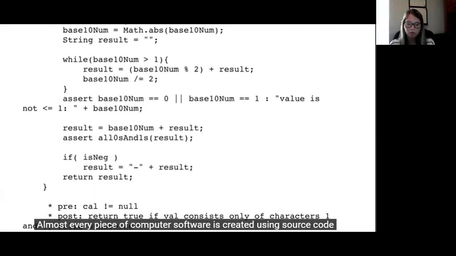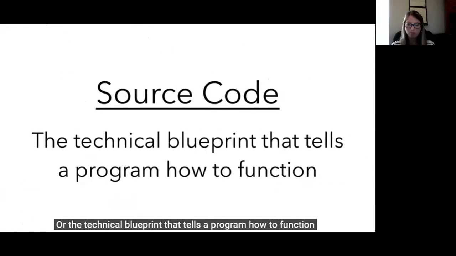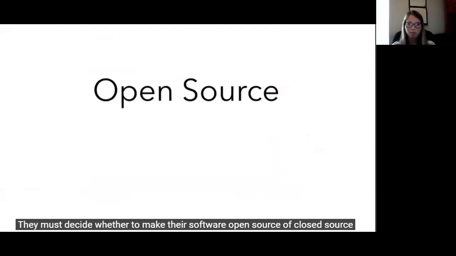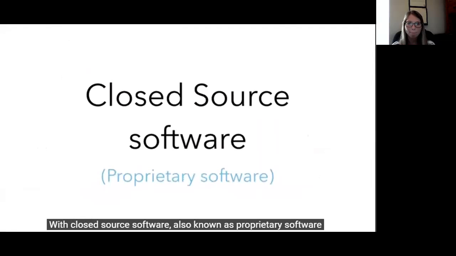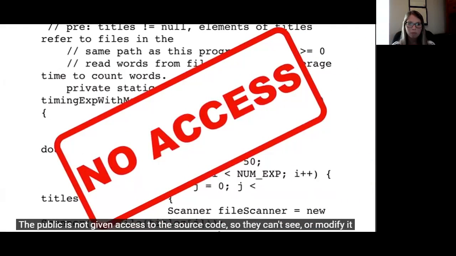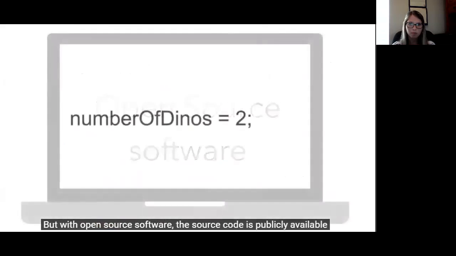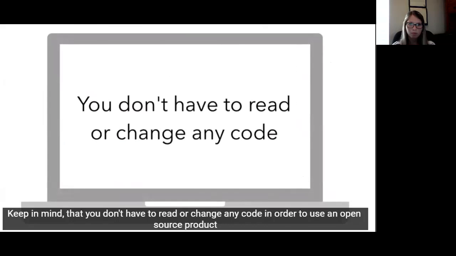Every piece of computer software is created using source code, or the technical blueprint that tells a program how to function. When creators release their finished product to the public, they must decide whether to make their software open source or closed source. With closed source software, also known as proprietary software, the public is not given access to the source code, so they can't see or modify it. But with open source software, the source code is publicly available, and programmers can see or modify that code if they desire. Keep in mind that you don't have to read or change any code in order to use an